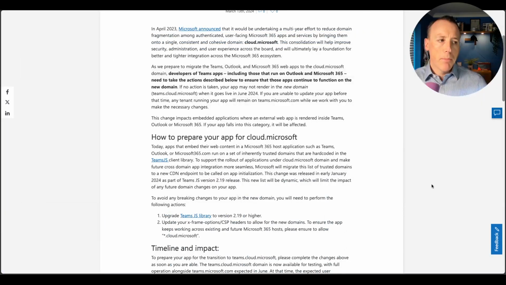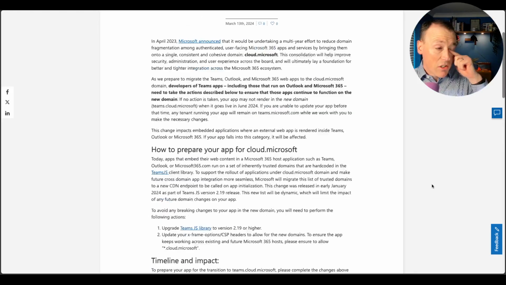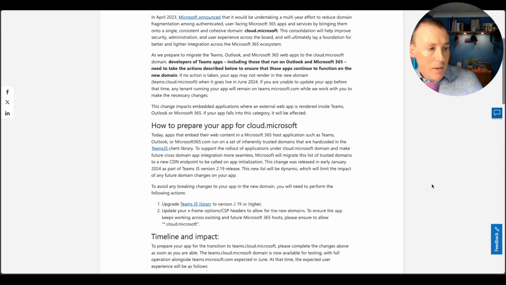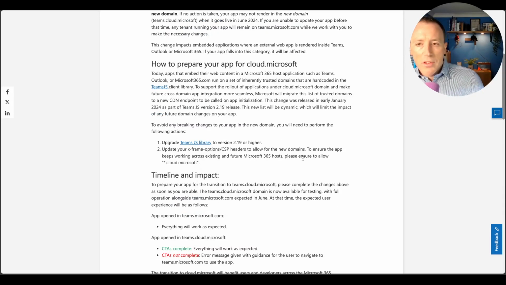So there's a big blog post that talks through these changes and how to prepare your app. One of those things involves upgrading the Teams.js library to version 2.19. Not entirely sure why that is necessary. It might be something to do with internally, like they're setting some allows or, I don't know, something.